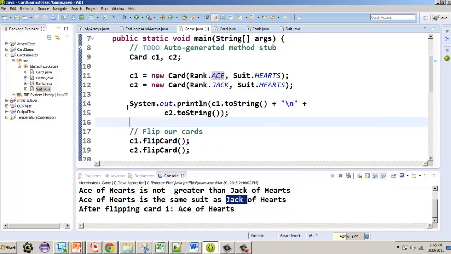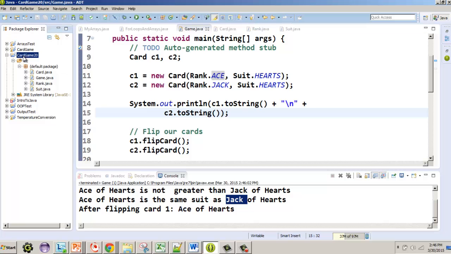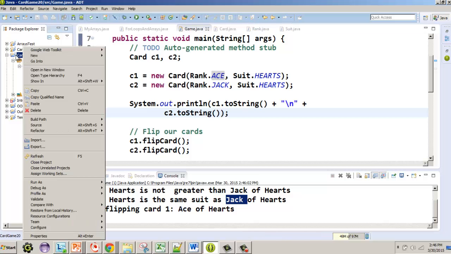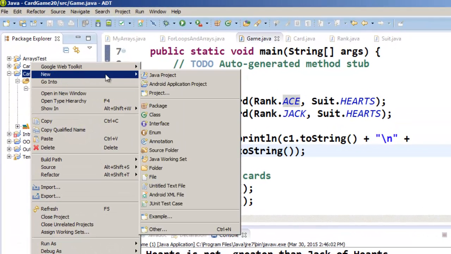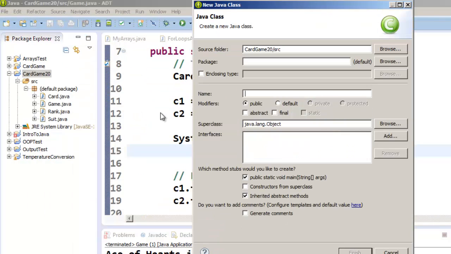While we're on game, we're actually going to delete all of this in just a moment. I wanted to just show you how that worked. So what we're going to do is add a new class now. To add a new class, you just right-click on the project, and it's going to be New and Class. And now this is a hand, so we're going to type out Hand like so. Okay. And we do not need it to have a main method, so we're going to get rid of the